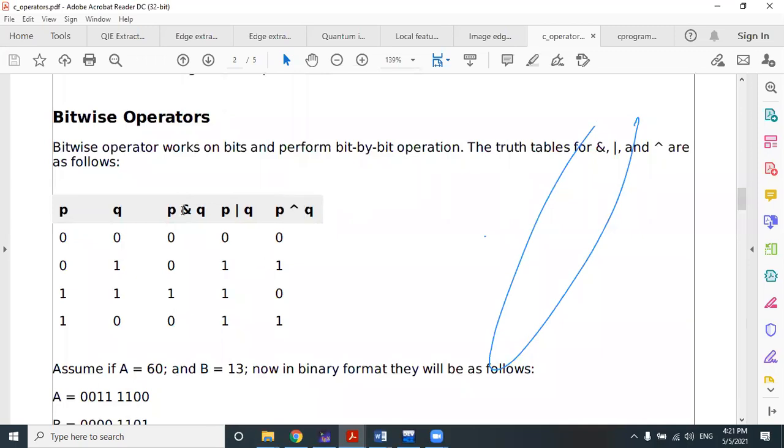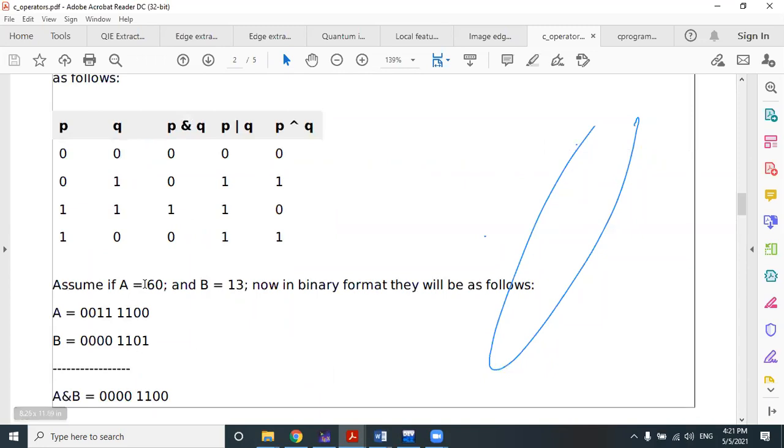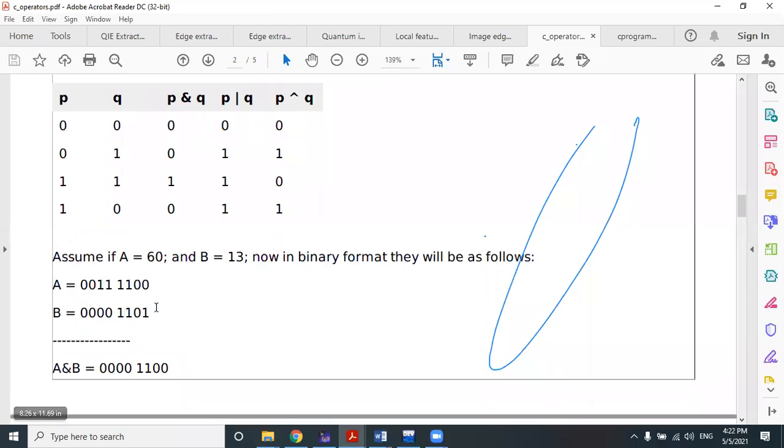For bitwise AND, the decimal values are first converted into their corresponding bit values. If we apply this operator directly in the program, it will do that for you. It will first convert A, 60, and B, 13, into the corresponding binary values, and then apply the bitwise AND operation.